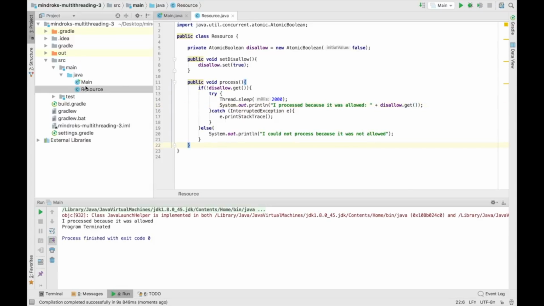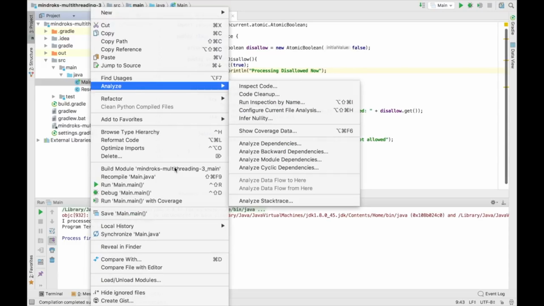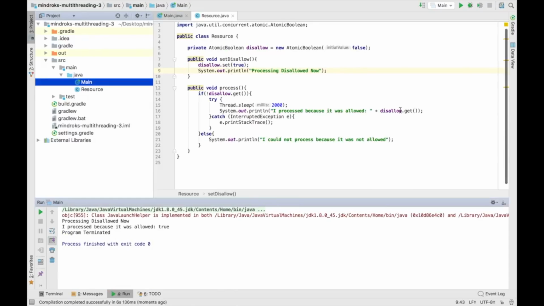And also let's print a message that will say that the processing is disallowed now. And now let's run this method. Now when you see the log, it says processing disallowed now, and then it said I processed because I was allowed,